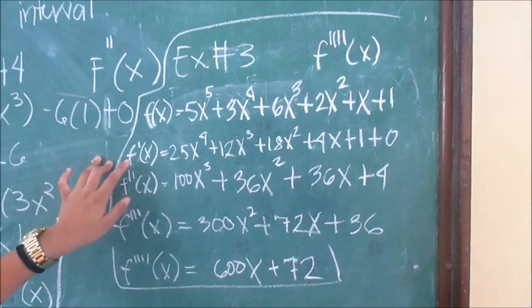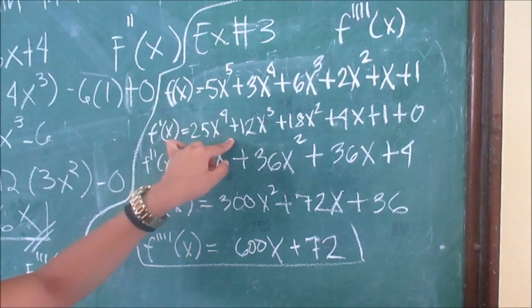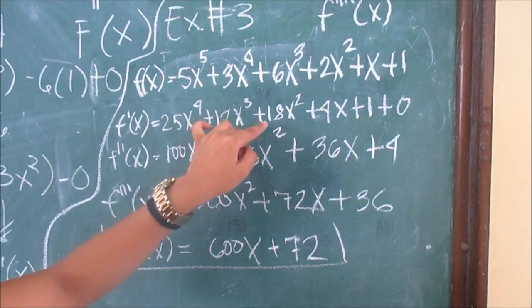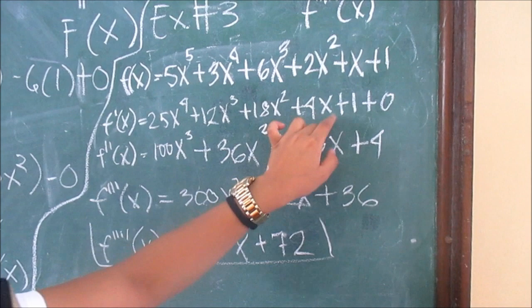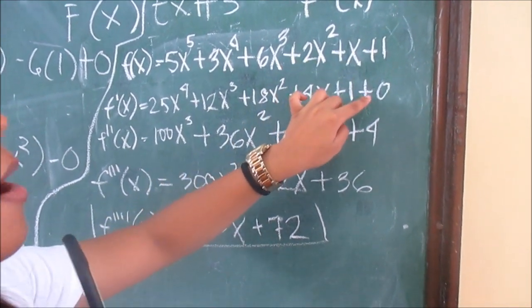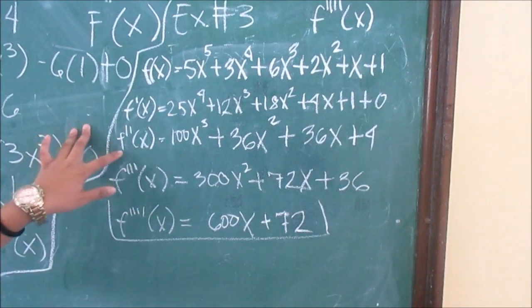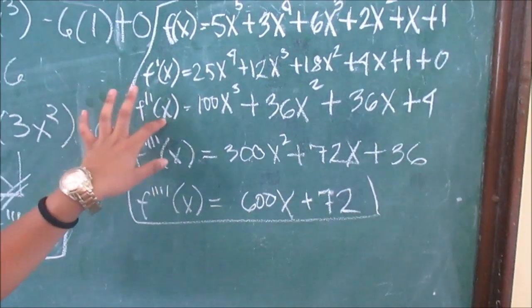So the first derivative is 25x raised to the power of 4 plus 12x cubed plus 18x squared plus 14x plus 1, which is the x, plus 0, which is the 1 constant. So let's get the second derivative. F prime of x,